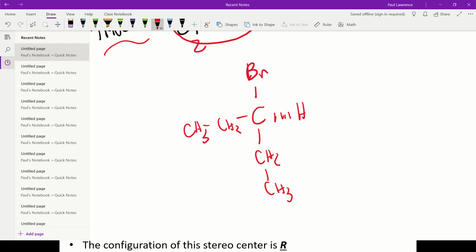Now, this is not a stereocenter because we have 2 groups that are exactly the same. But let's just say you made the mistake and thought it was a stereocenter. You would go to this carbon, and that's a carbon. So how would you break the tie in prioritizing? Well, you would see that this carbon right here